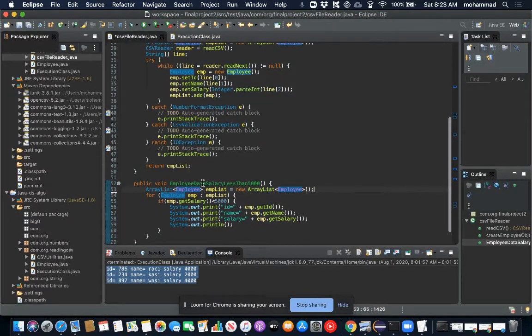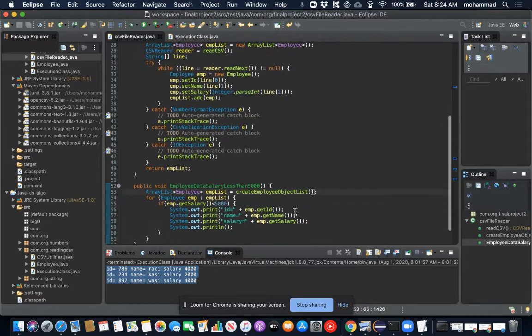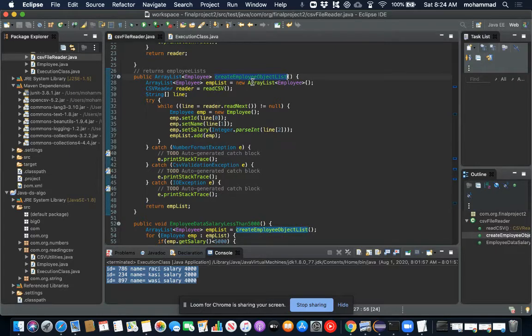Now we have the employee list. No, this is incorrect. Sorry. It needs to call this object to get it. Okay, makes sense now. I was doing something like new, which is incorrect. To call a function, I just have to call the function, which is this function. When I call this function, what does it return? It returns me the employee list. It reads the reader file, creates an employee object for each row, and that object is stored in the employee list, and the employee list is returned.